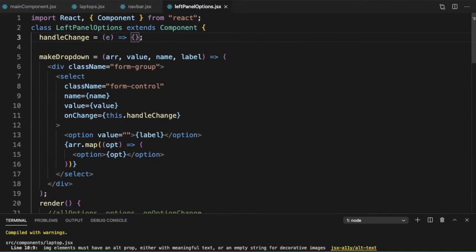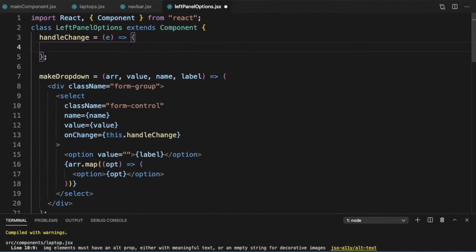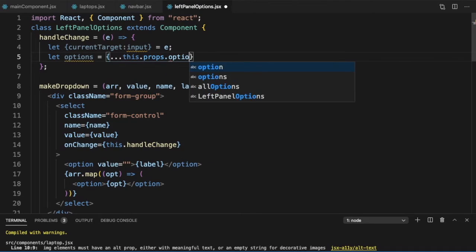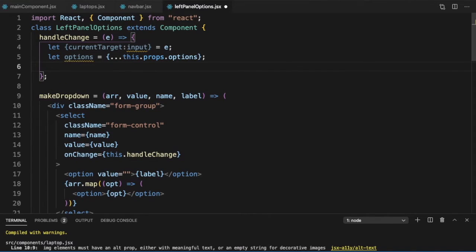So now that we have added the drop downs, let's implement our handle change. So the standard way, let's destructure the event. Input is equal to E dot current target. Now here we do not have a state, we are just using the props. So let's make a copy of the props. So let options is equal to this dot props dot options, and we will just update the options.